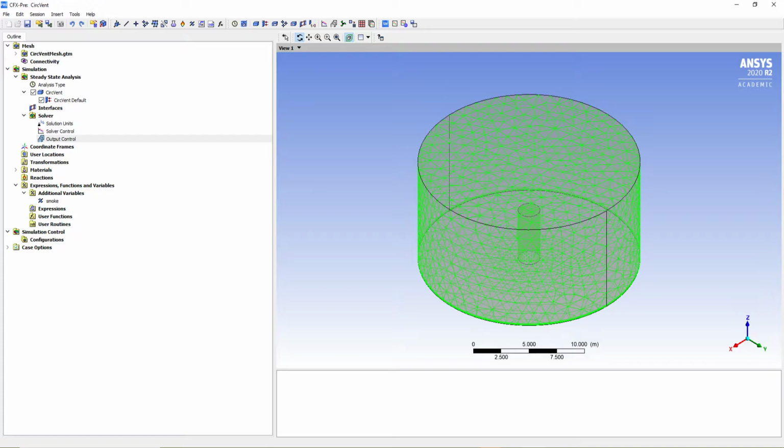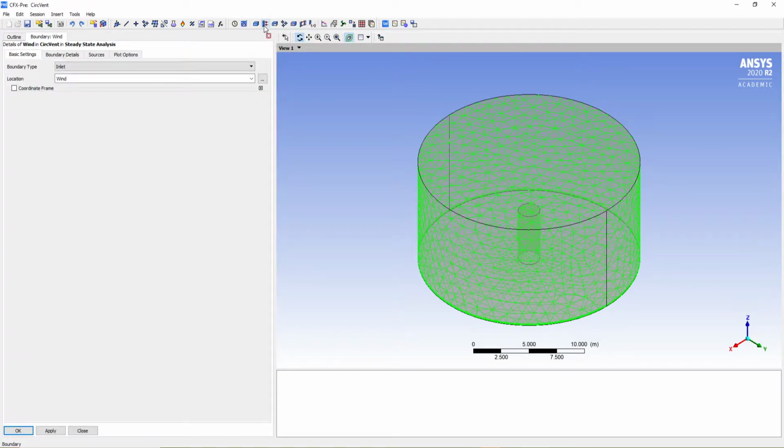All right, so now let's create our boundary condition. Let's go here and set up boundary, and we're gonna change the name to wind. So this is gonna be the wind boundary condition, and it's set up right here. Okay, so the wind is gonna come from here at 1 meter per second, and it's gonna come from all the wall. All right, so make sure that wind is set up here,